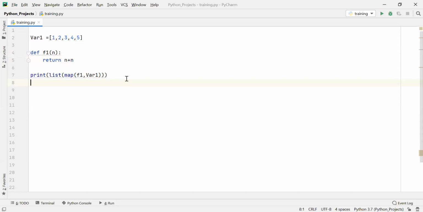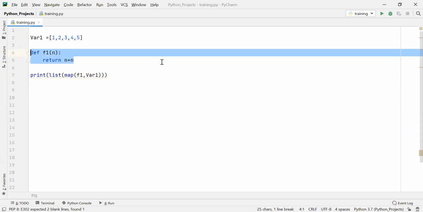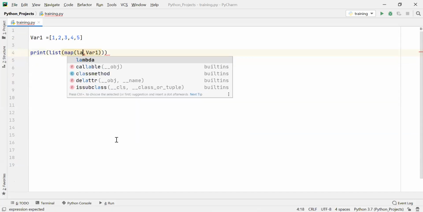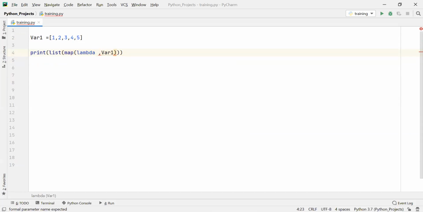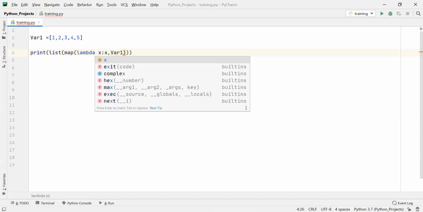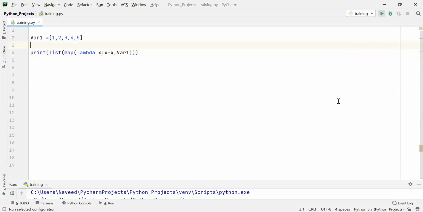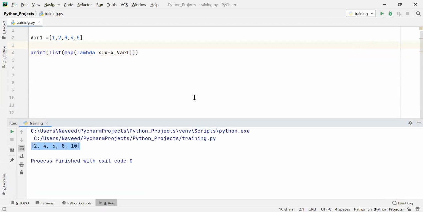So can I use the same thing? Now instead of writing this particular function, I can use a lambda as well. So instead of the f1 function, I can use a lambda: lambda x: x plus x. Let me execute the code, and you can see I'm getting the value as 2 4 6 8 10, which is nothing but the sum of each of its elements.